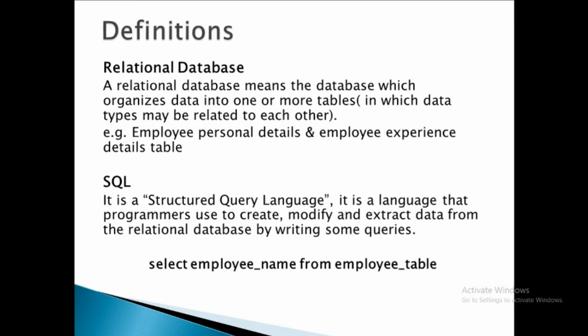Now one thing that is common between these two is the employee number. We have the employee number in the employee personal detail as well as in the employee experience detail. So if you want to connect these two tables, we can connect them by employee ID, right? There is a relationship between these two tables, and the relationship or the common entity between these two tables is the employee number. So whenever there is a relationship between different tables and different entities in them, then that entire ecosystem is called a relational database, right? So that is about relational databases.